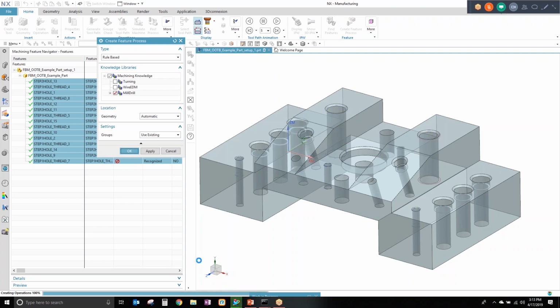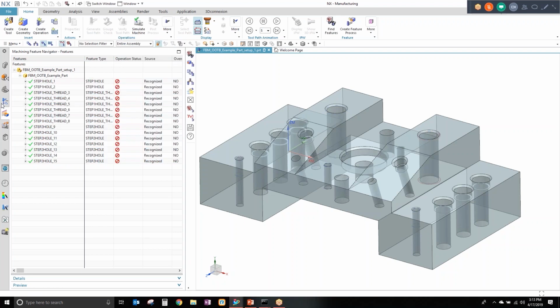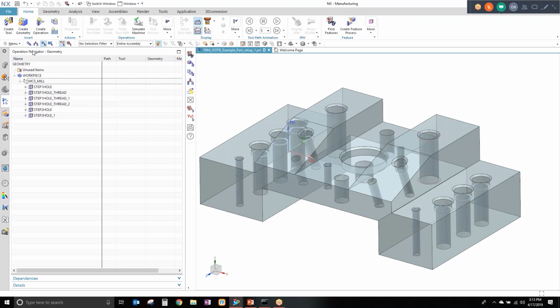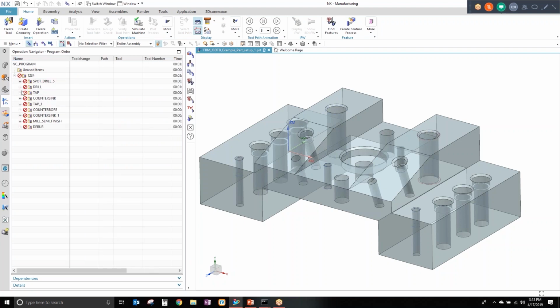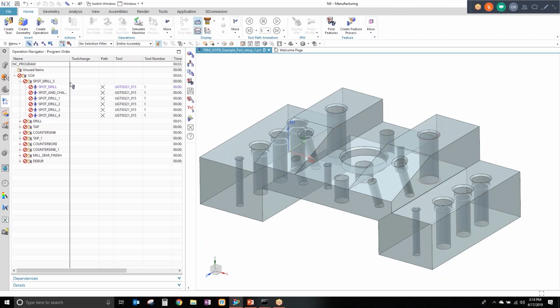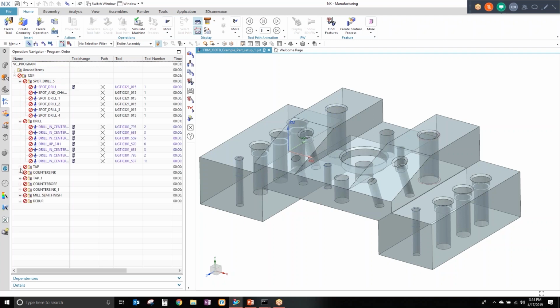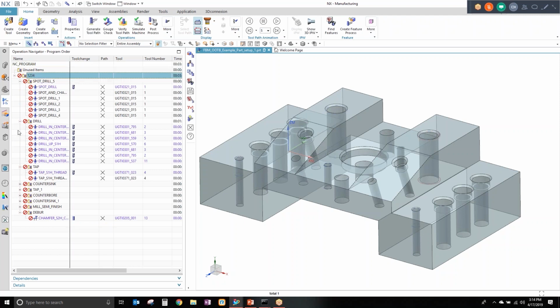All right, let's go back to the Operation Navigator. Now it's created all of these feature, or these program groups. We've got spot drills, taps. We even got a deburr operation. From here, we can generate it if we want to, but I'm going to move over to a different